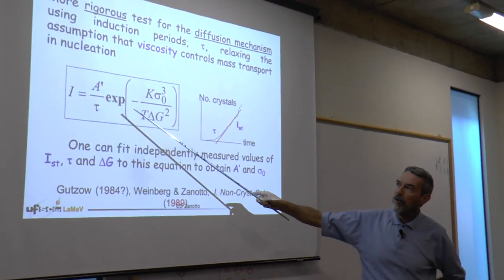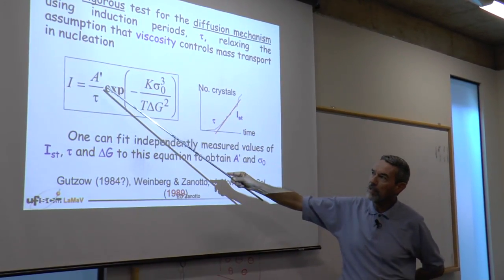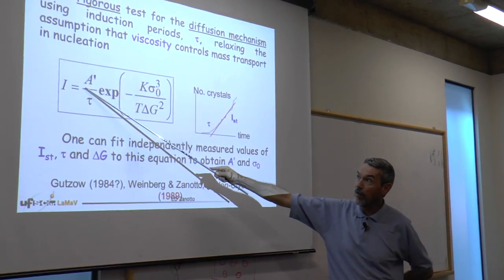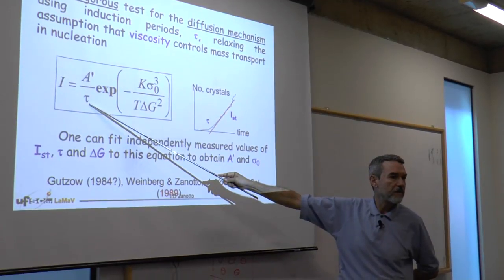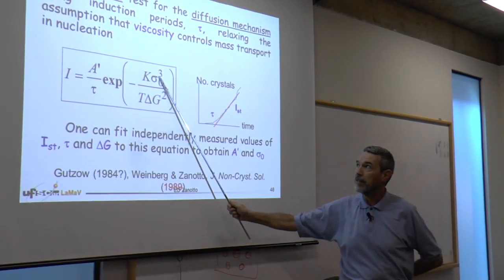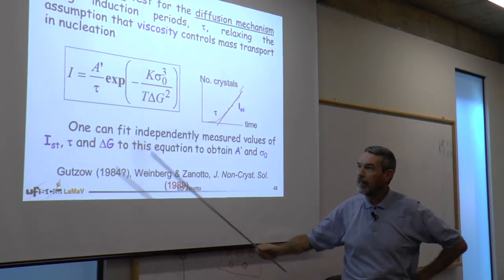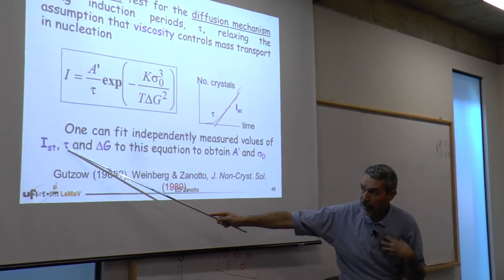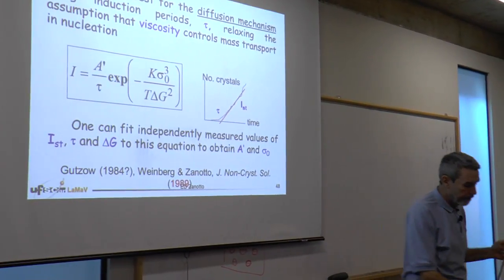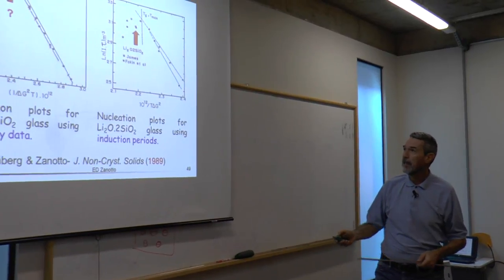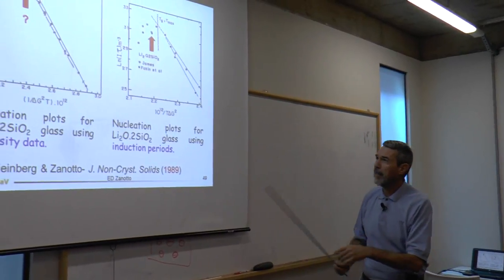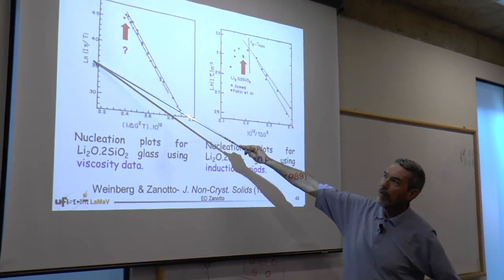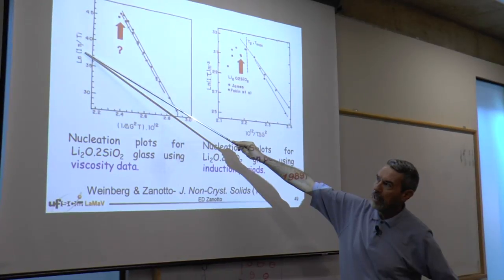If you recall, the previous expression was some constant over the viscosity. Now we can describe some constant over the induction times, and this part is the same. So we can then use, for some systems, the induction times instead of viscosity and test. And we did this. Like for lithium disilicate again, this is the regular plot of log of steady state nucleation